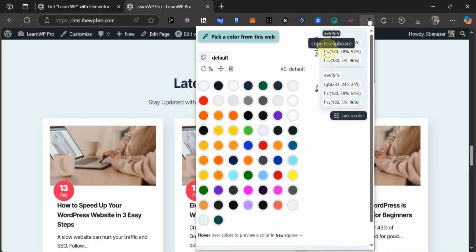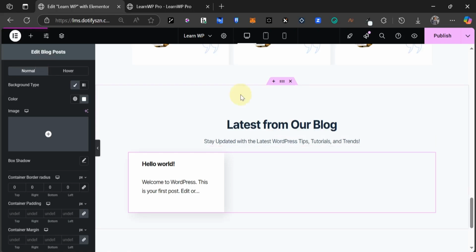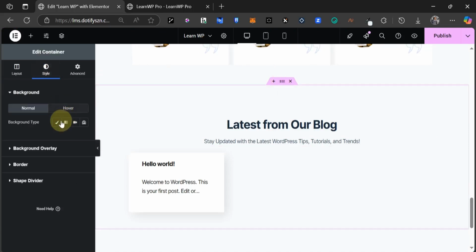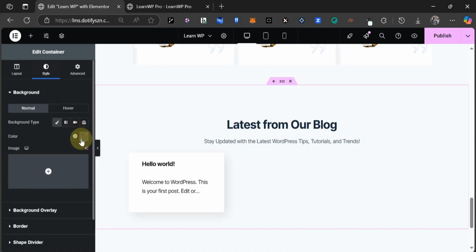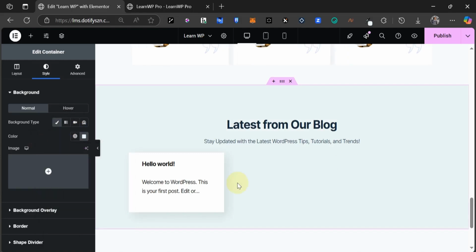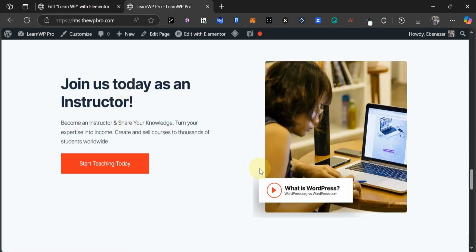So this is the color code right here, E9F5F5, and I'm just going to come down to my container, edit container, and we're going to come to style, and under classic, click on color and paste the color code right here. Okay, so we can move to the next one that says join us as an instructor today, and I can